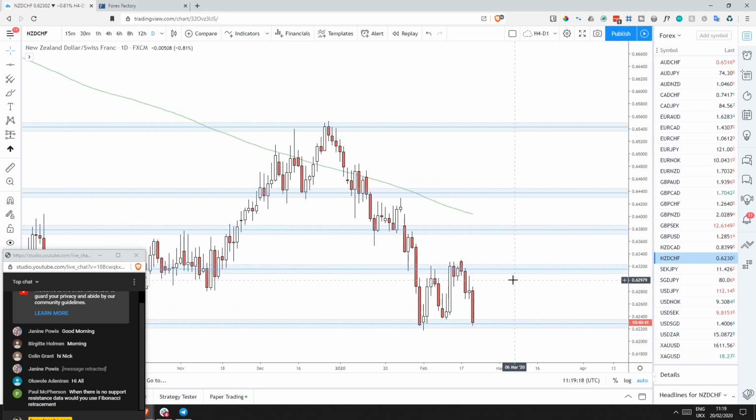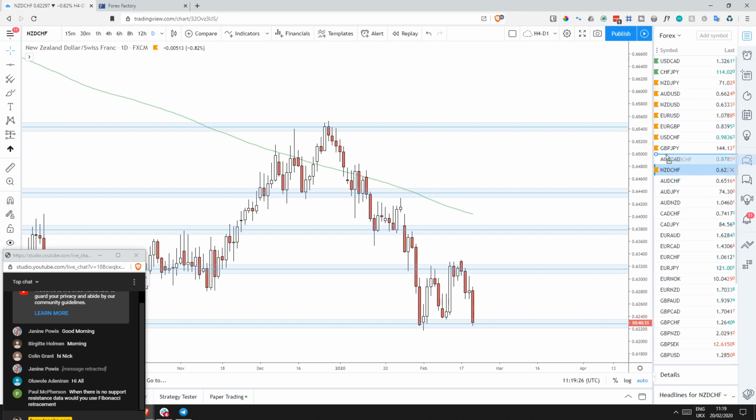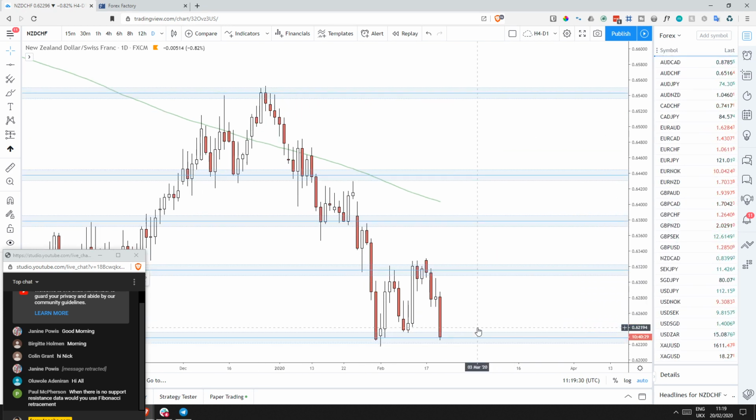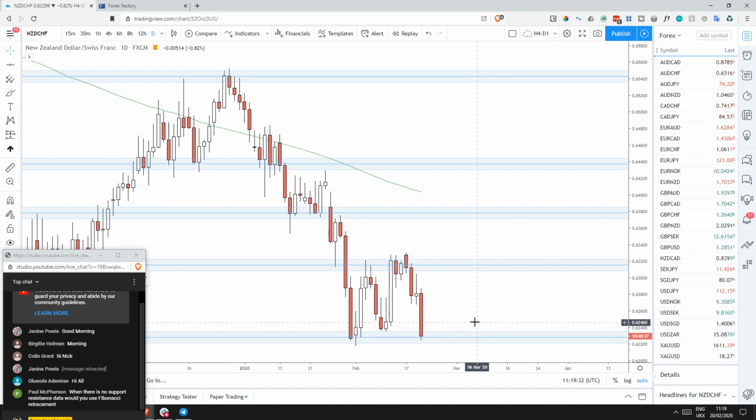New Zealand CHF is a bit of a weird pair. I think most of you don't trade it. I honestly don't really trade it that much. I can't remember if I've ever taken a New Zealand CHF trade. I probably have, but if I have, it's under 5 in the last 10 years. So